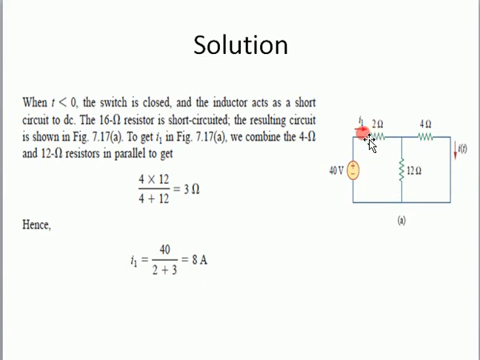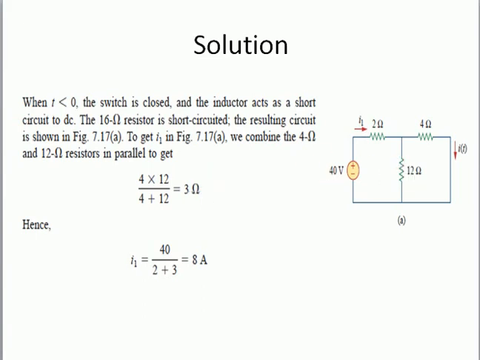Now in order to get the value of I1, you see this I1 when it comes here, it is divided between these two resistors. This 12 ohm and this 4 ohm are in parallel with each other. When we solve for it, we get 3 ohm, and this 3 ohm is in series with this 2 ohm. So the R equivalent for this circuit will be 5 ohm. So what will be the current? I1 will be equal to 40 divided by 5, that is equal to 8 ampere, and this 8 ampere is the total current of this circuit.